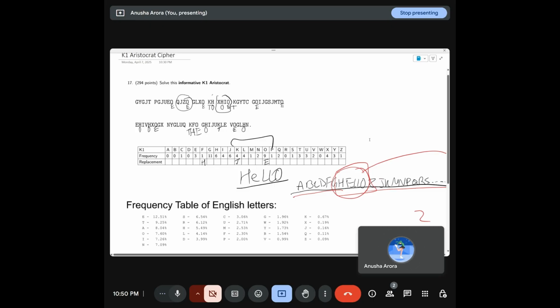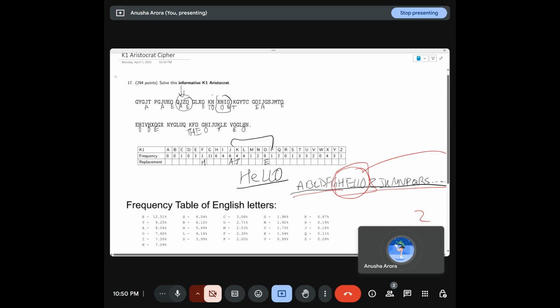What else? So I can make an intuitive guess that J could be an A, maybe, because we have 6 J's, and there's a high chance that there's another vowel in here. So if I say J is an A, and then we fill that in,